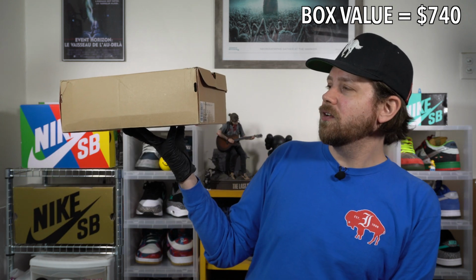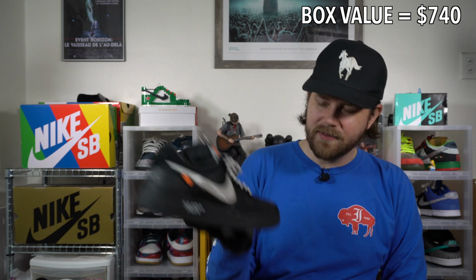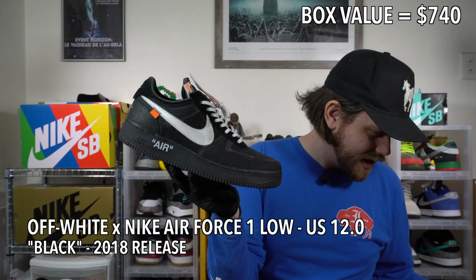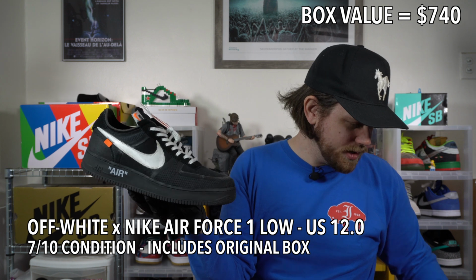A size 12 Nike Air Force 1 Low, the 10. Oh, but it says black, so it's the Black Forces. These are worn, pretty okay shape though. Nice. So this is why this box is $1,200. This is the Air Force 1 black Off-White collaboration. There is the little taggy thingy, which is cool, but it's on the left shoe and that